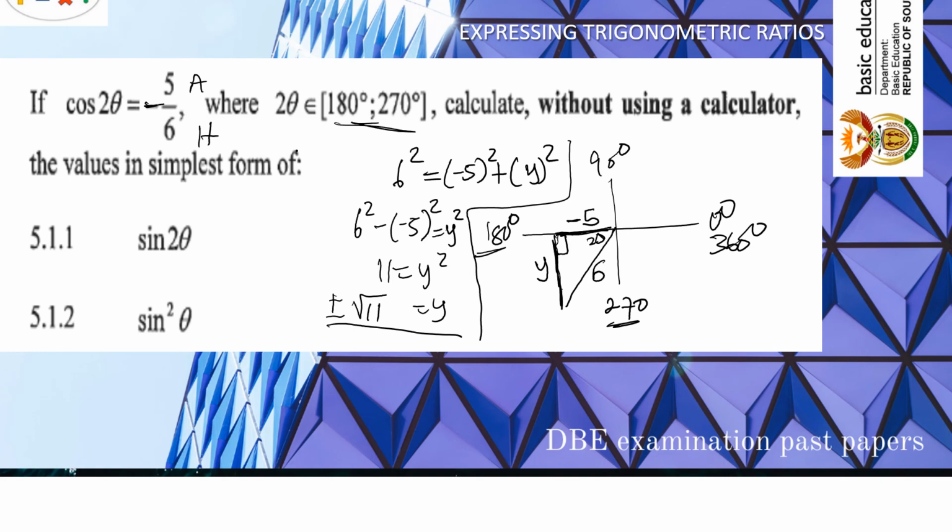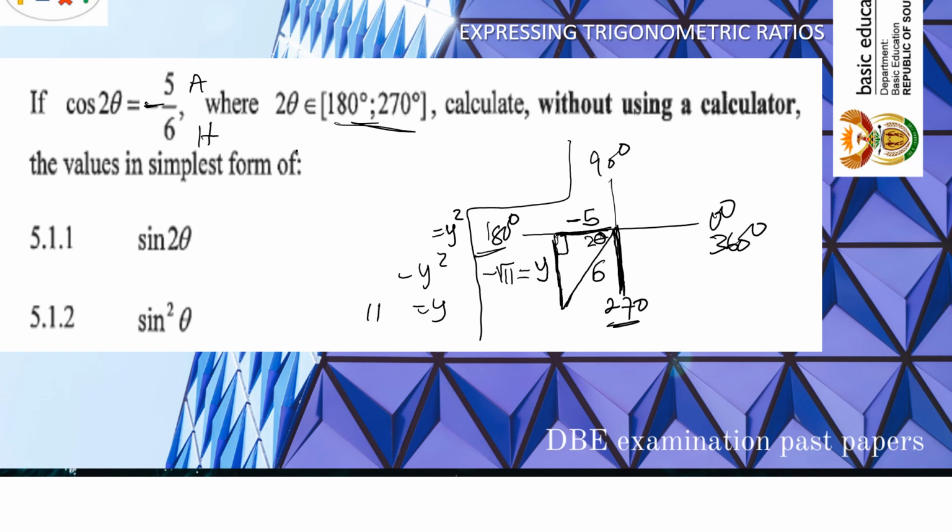Let's check our y now. Our y is in the quadrant where we have the negative y's, right? We have the negative y. So your y will be equal to negative root of 11, not positive. So you have to be very careful while drawing that triangle and trying to fill it up. So our y is negative root 11. So that's it. Okay, let me just erase this and go straight to